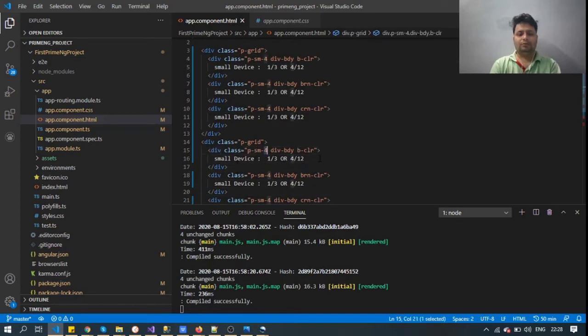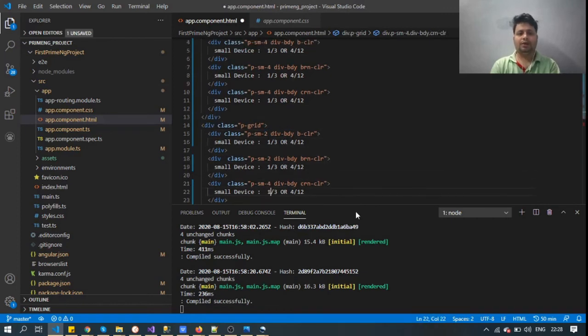The first div will contain 3 columns, the second div will contain 3 columns, and the third div will contain 6 columns.